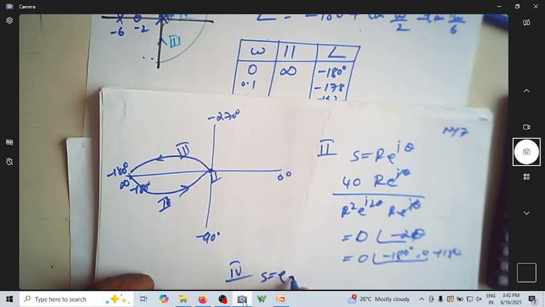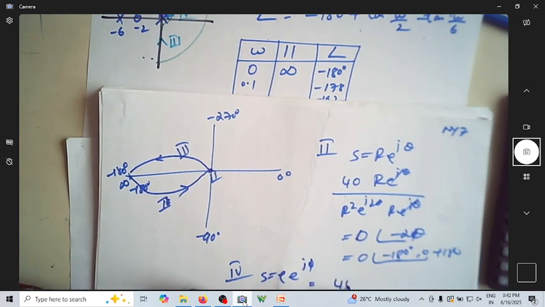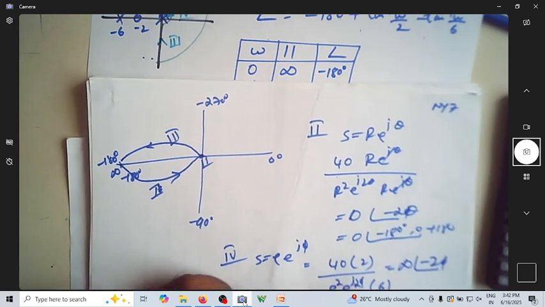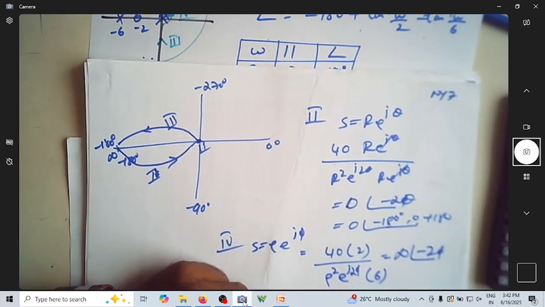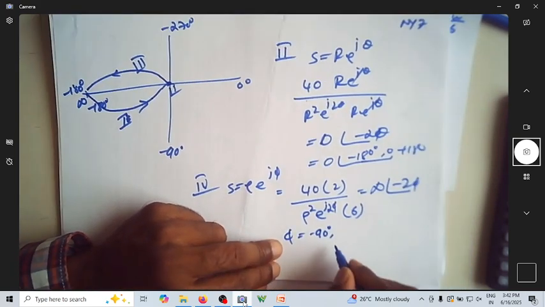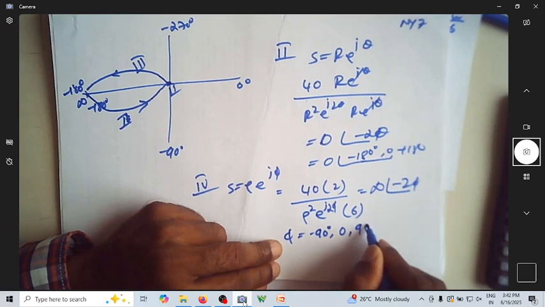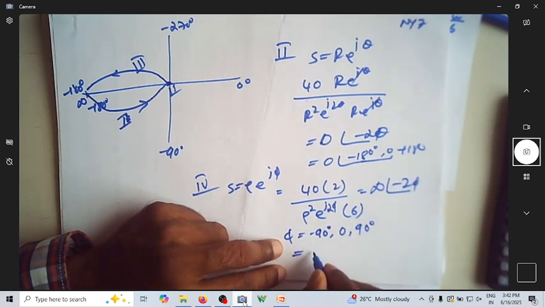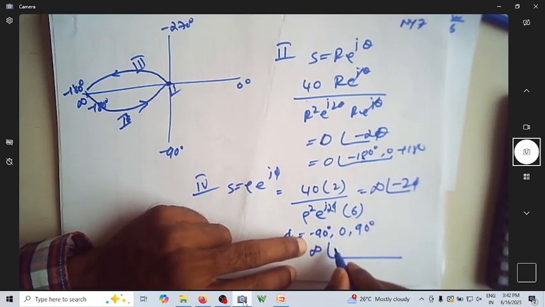S is rho e power j phi. So this becomes 40, this is 2, and this is rho square e power j2 phi, and this is 6. So this is actually infinite at an angle minus 2 phi. Phi is ranging from minus 90 degree, 0, and plus 90 degree. This will become infinite at an angle